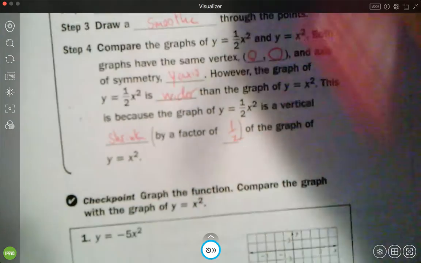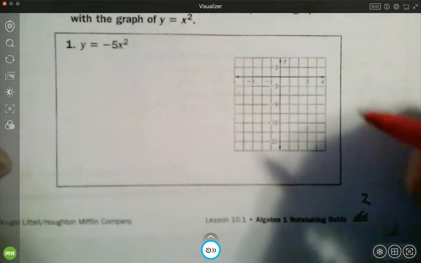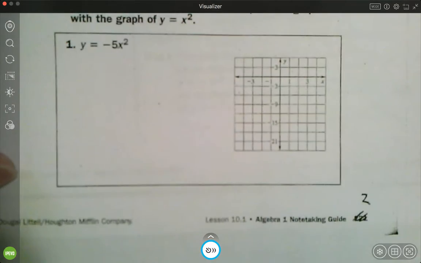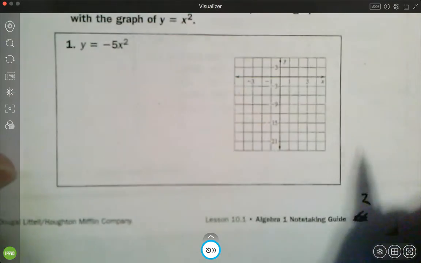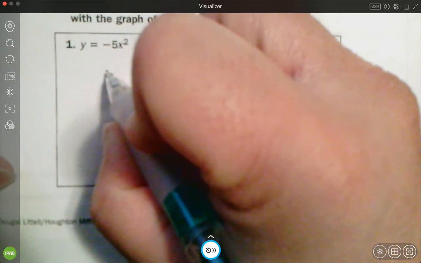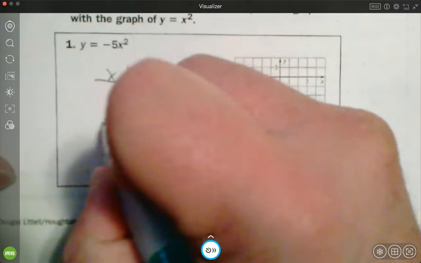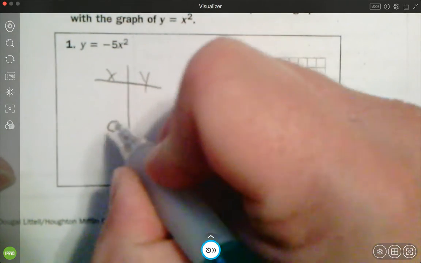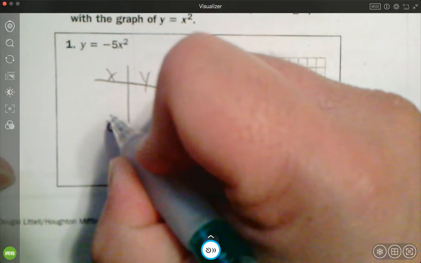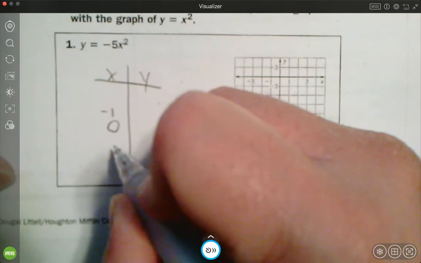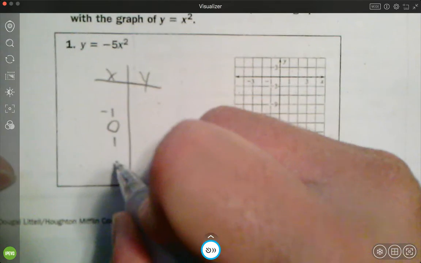All right, so interesting checkpoint here. With this one, I'll get you started. You're going to graph this one here. So -5 is now a. First time you have an a that's negative, so you'll put x, y. I'll start you with, because there's not a lot of room here, use 0 and -1 and 1 and 2